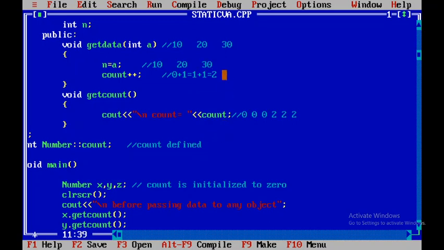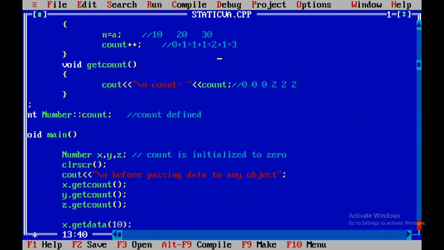Count will get increased again by 1. So 2 plus 1 equal to 3. So updated value of count is 3. 3 objects are created. Updated value of count is 3.